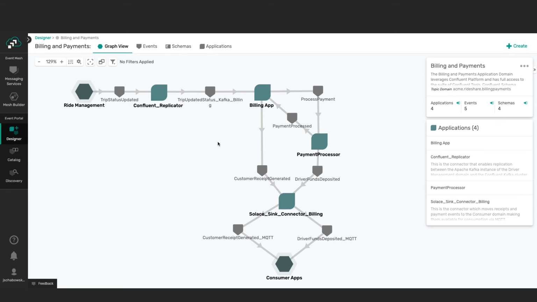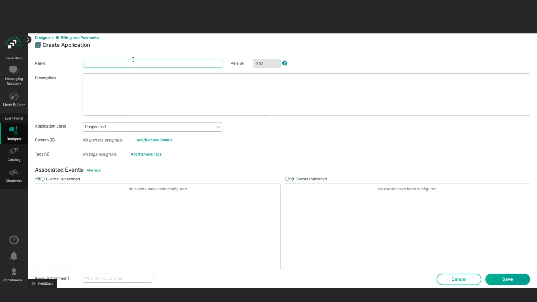Maybe the next thing that we should do is deal with the fact that most of the users of our Acme Rideshare company and apps have a number one complaint: they're sick and tired of having to manually input receipts into expense reporting systems. What we're finding is that SAP Concur is the most commonly used expense system. So what we could do is create a new application called, in this case, expense reporting integration application. We can provide a description like this app will